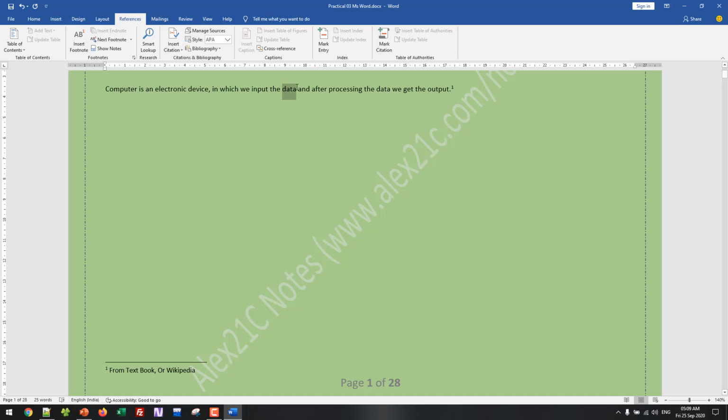Or this footnote can be used to elaborate something more deeply. Like here I write data, and what the data is, I want to explain more. Usually we put parentheses and write the whole explanation, but this is not the correct way. If I want to tell more about any word here, I can use a footnote as well. So I select this data and insert footnote, and I can write: data is the collection of raw facts and figures like